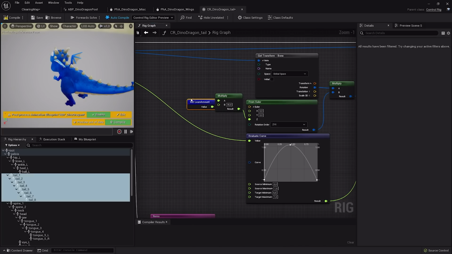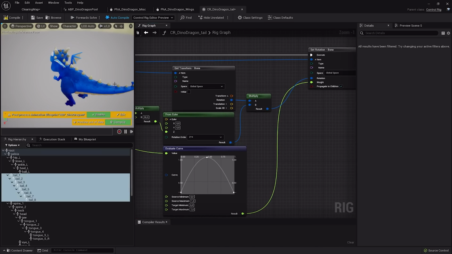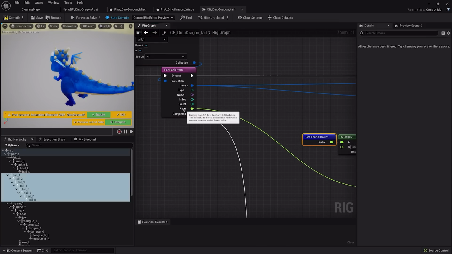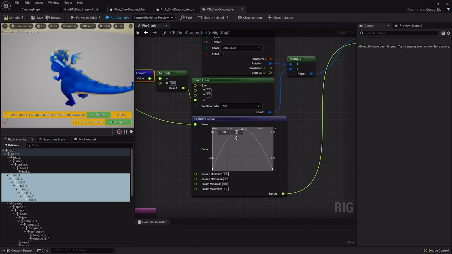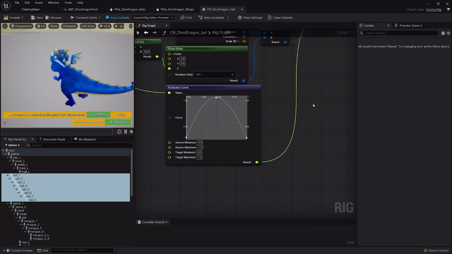So what we're doing here, we're taking the lean amount, multiplying that with the value for our rotation in Z, and multiplying this quaternion with the incoming bone rotation. And then we use a weight. So the for loop has a ratio, which has a value between 0 and 1. We evaluate over a curve, and that is what we use as a weight. And that gives us the opportunity to model how this curve looks.